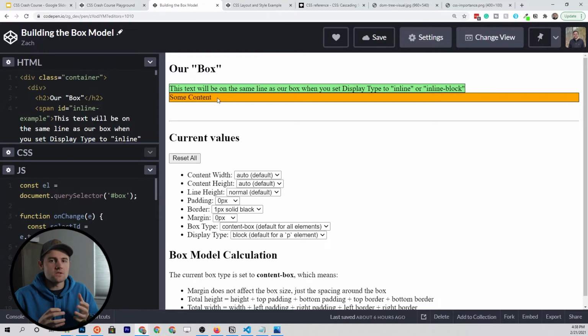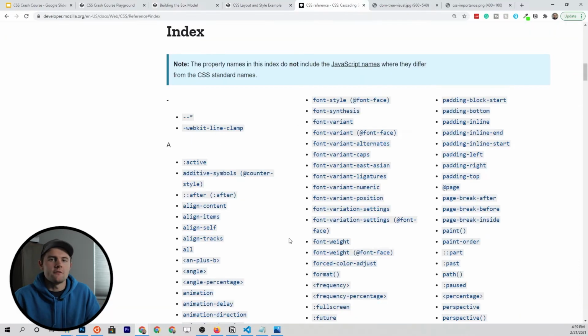But what's really confusing about the box model and CSS in general is that based on the values that you're passing to certain properties, the rules of the game completely change. And to highlight some of those rules, I thought it would be helpful to put together this example and just visually walk you through, if we switch a certain CSS property, what is that going to do to our HTML element that we're targeting? The first property that I want to really touch on and dig into is the display